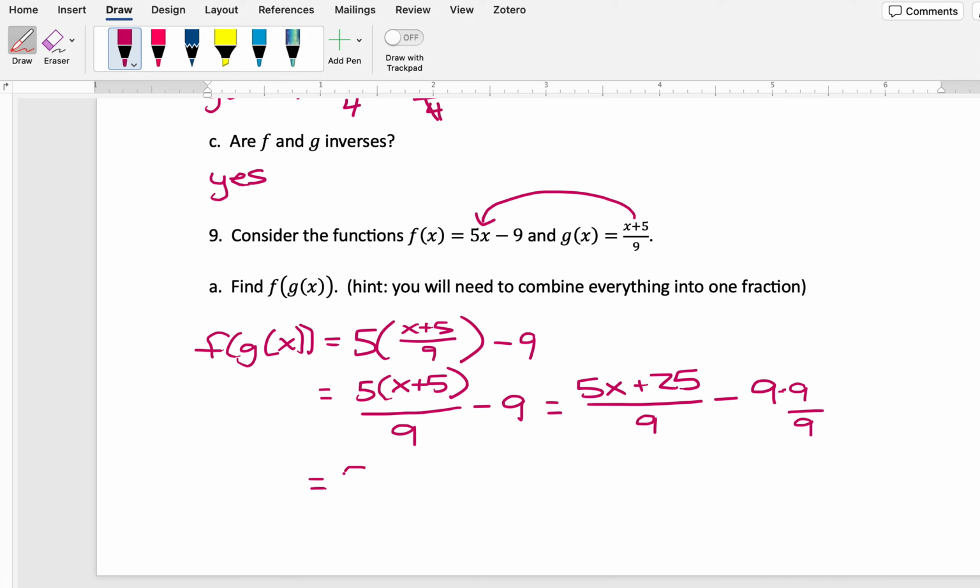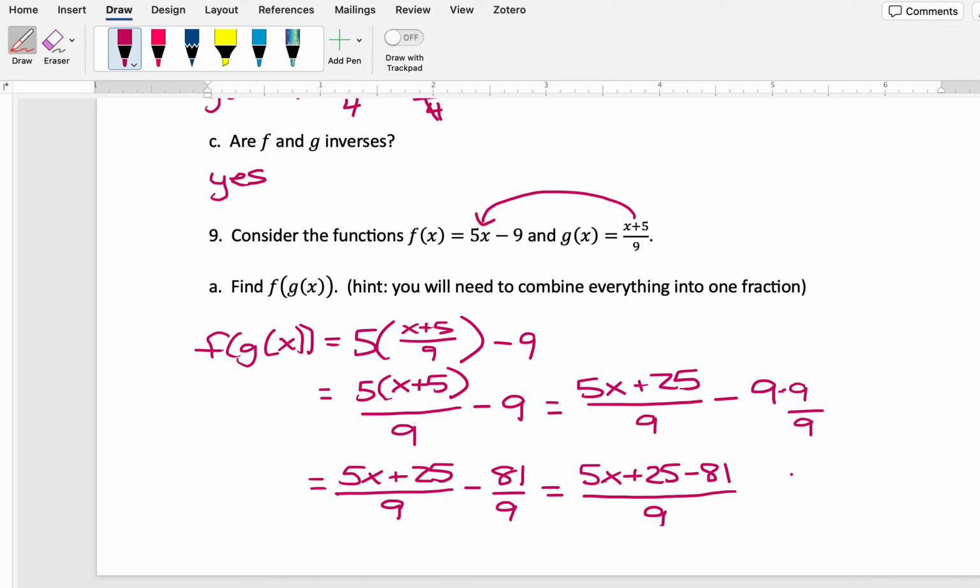So we have 5x plus 25 over 9 minus 81 over 9, and now when I have a common denominator I can combine. So 5x plus 25 minus 81